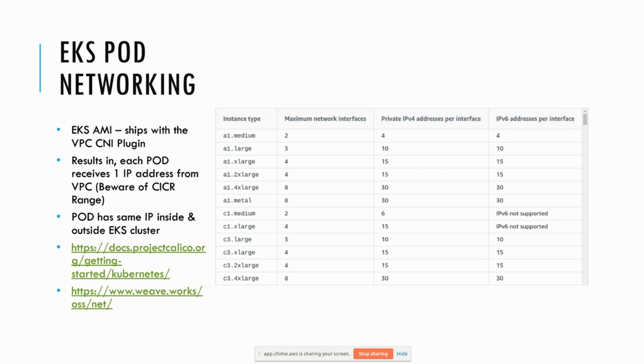Also, you have to watch when you choose a node, basically the worker node that Luke described earlier. You have to check the number of network interfaces on that node type. For example, if you select an A1 medium node type, this only has 2 network interfaces, and each network interface can have 4 unique IP addresses. So theoretically, if you had this node running on your EKS cluster, you can only run 8 pods on